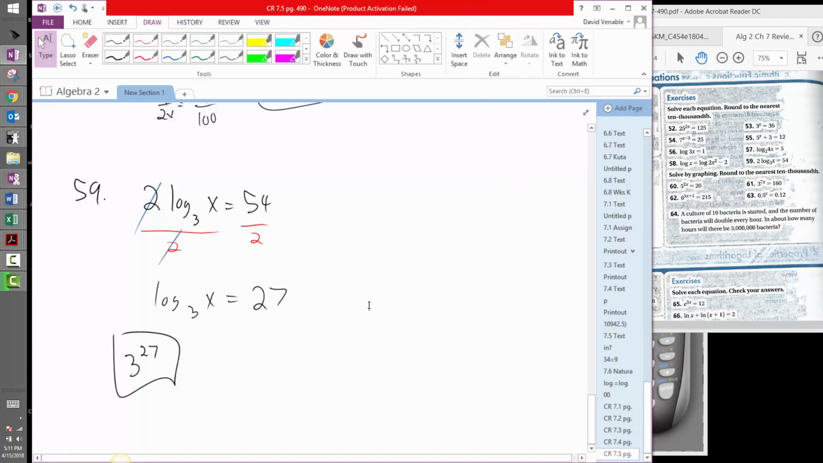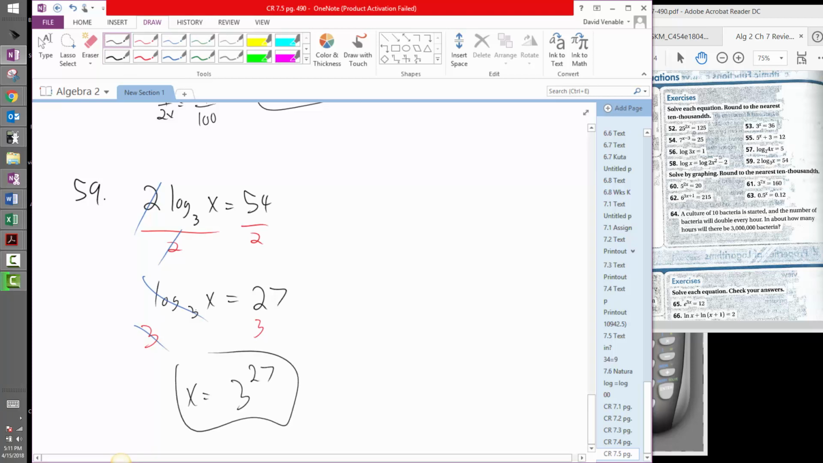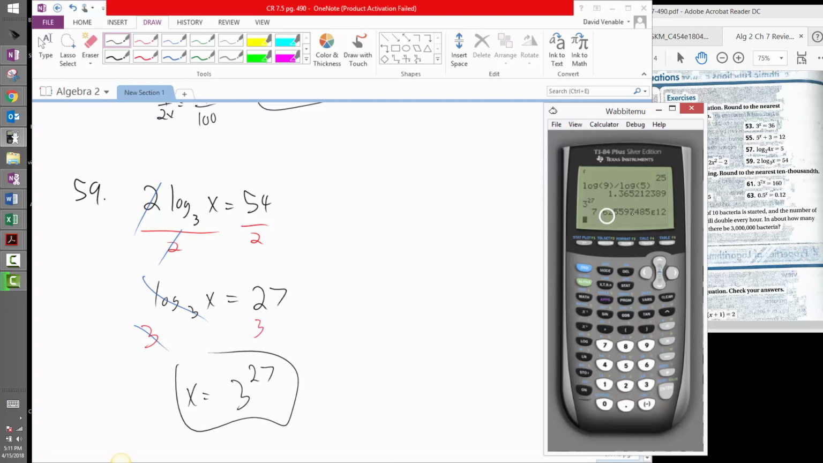But the way we can confirm that we did that right, well, here's the thing. How do we cancel out a log base 3? We make something the power of 3. So now this and this will cancel out. So x is equal to 3 to the 27th power. And if you try to do it in your calculator, 3 to the 27th power is